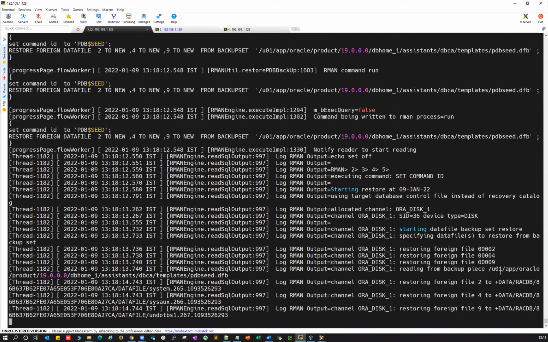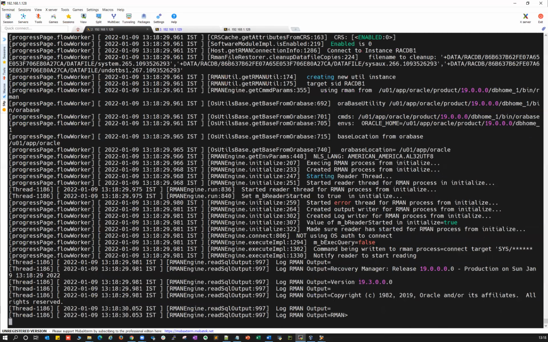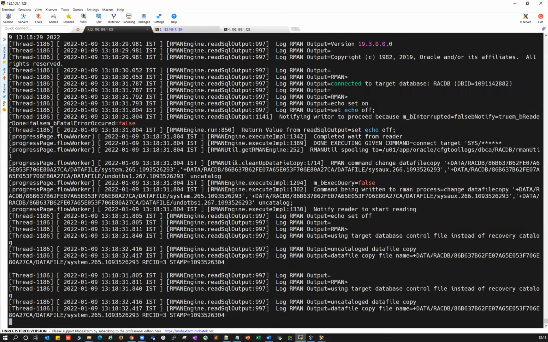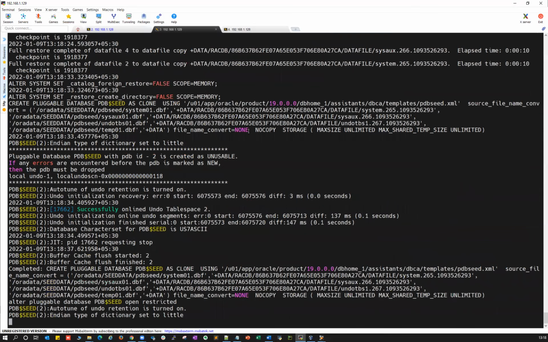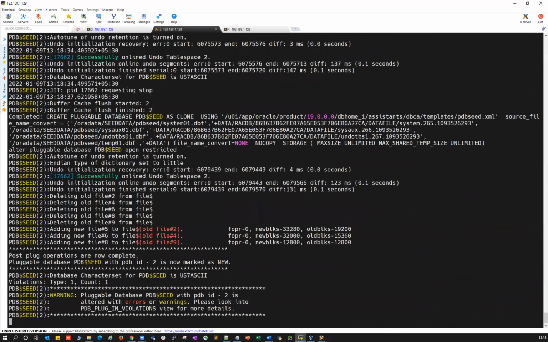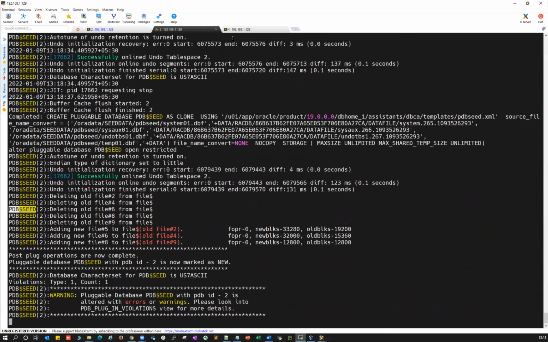Now it is creating your PDB, using target instead of recovery catalog, and now it's doing the PDB. These are your PDBs: one is the root database, one is the PDB$SEED, and another one is your PDB1. Now it's doing the PDB$SEED, which is a default template it is creating.